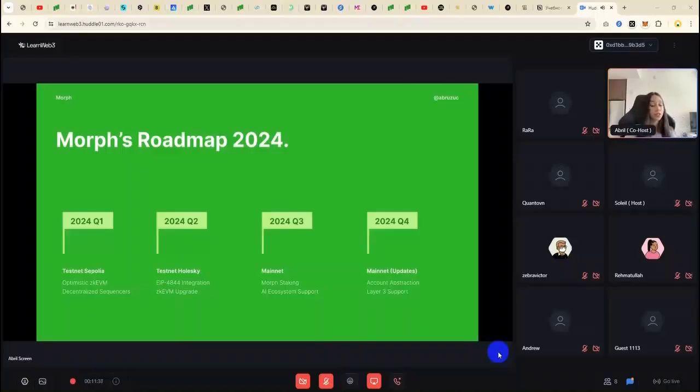And then for the end of the year, we're going to have a lot of updates in mainnet, such as native account abstraction and layer 3 support and a bunch of other things that we're exploring, and we're working really hard with the DevRel team as well to build resources